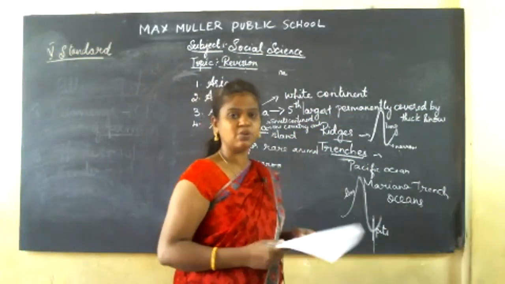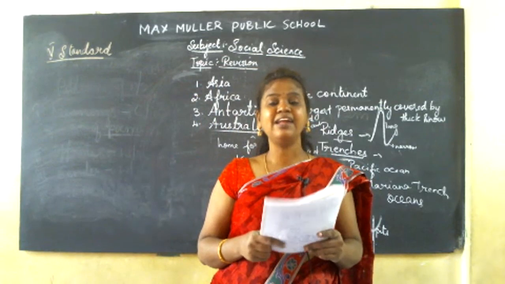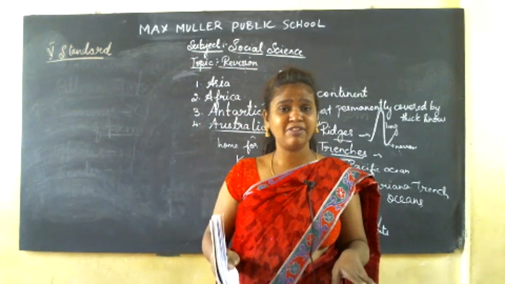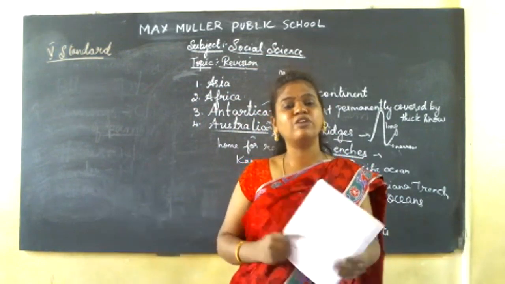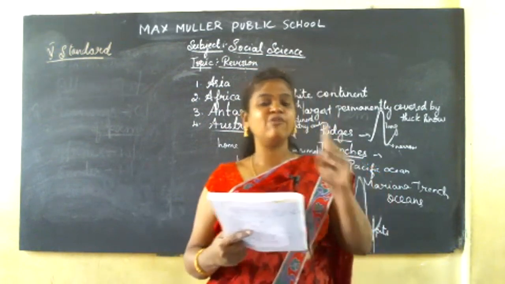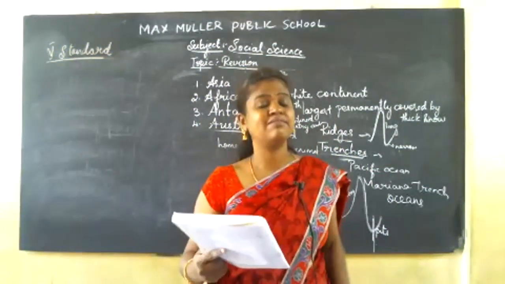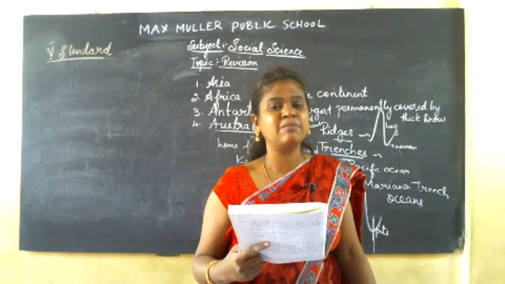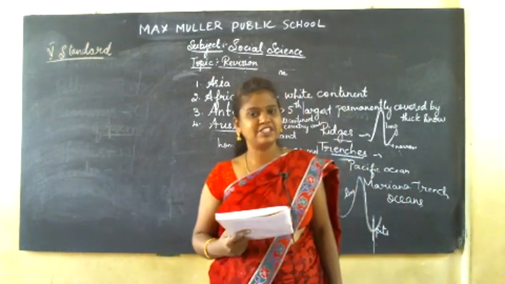I'll just read out once what the answer is. Australia is the smallest continent and an island. An island is a piece of land where, in between, there is land and on all the other sides, the water bodies cover it. So this is called an island. It has only one country. So Australia contains only one country and it is a home for many rare animals in the world, and the kangaroo is the national animal of Australia. So this is the fourth question and answer.